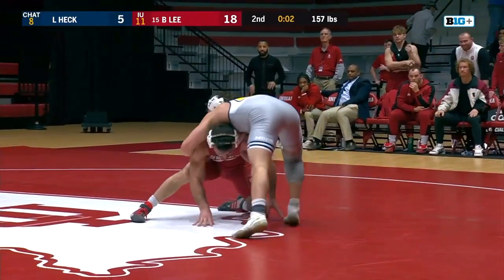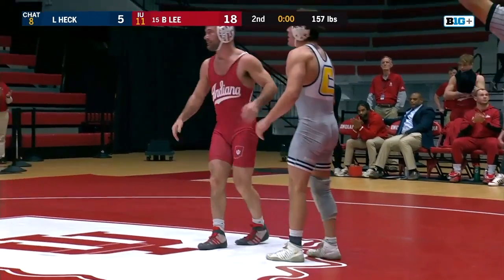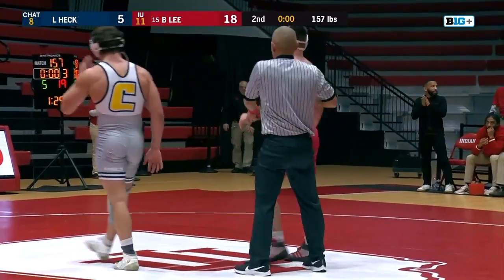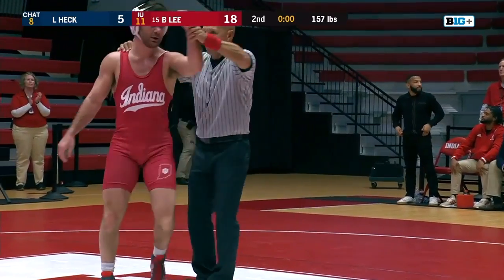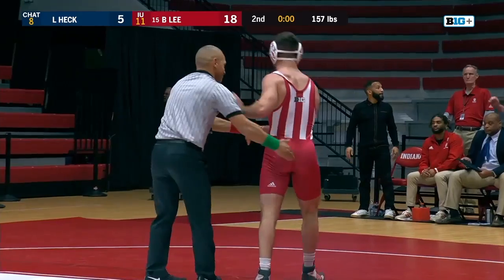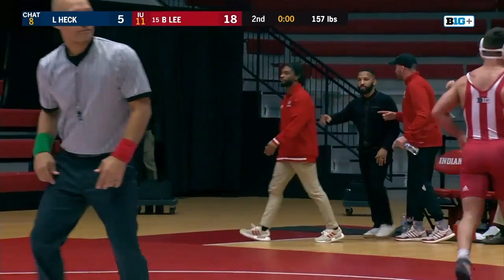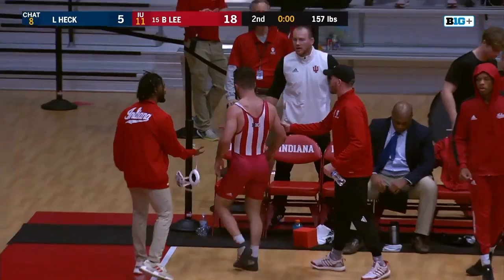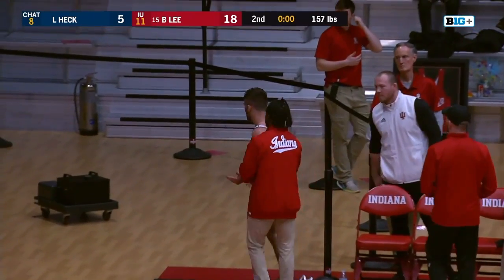And how about this showing for Brayton Lee in his final dual meet in an Indiana singlet back in his home state? He gets a 19-5 win over Chattanooga's Lincoln Heck. And here's the standing ovation for everybody in Wilkinson Hall. You can tell that everybody, his teammates, the coaching staff, and of course this crowd, they love Brayton Lee. And for